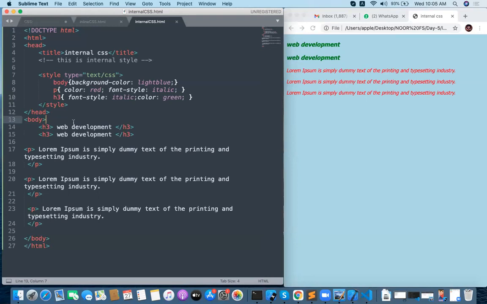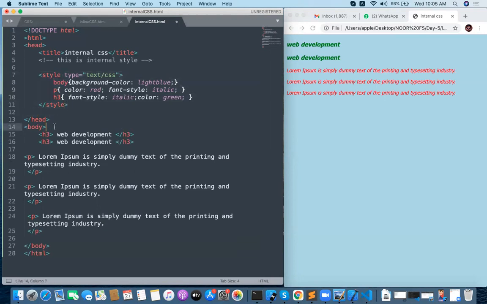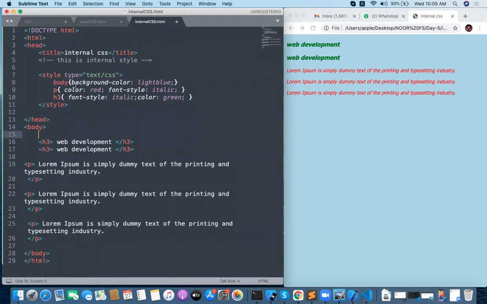This is the style tag open, style tag close. For the body we are writing style, for paragraph we are writing the style, for H3 also we are writing the style. All the styles are getting applied in this process.